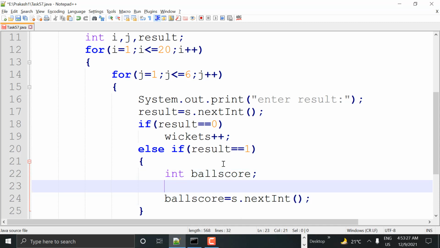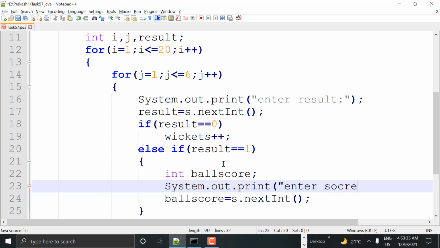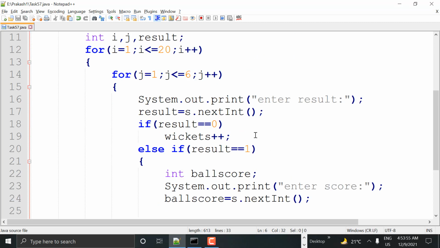Here I'm asking: System.out.print enter score for the ball. Whatever is entered, I'm reading into ballScore, and this I'm adding to the score variable, guys. Let it be totalScore as my variable name. I'm giving totalScore equal to 0. Come here after reading ballScore.